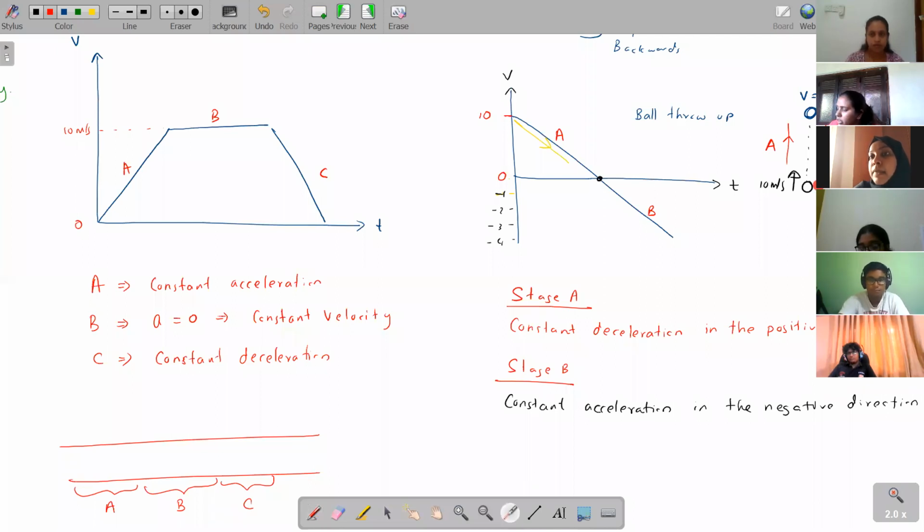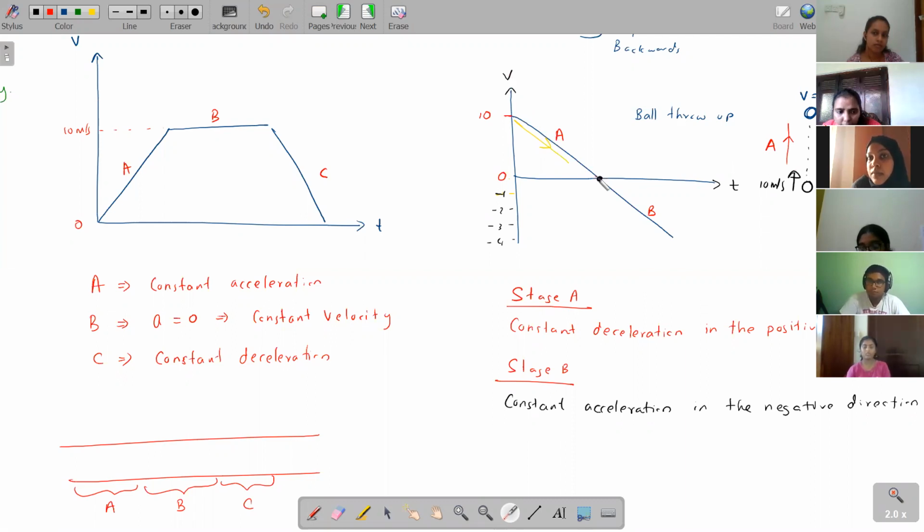But when you're coming down, do you see what's happening to the ball? Is it slowing down? No, from the very top, it starts coming down and it's gaining in speed. The ball is gaining in speed and coming to the ground, back again. So the speed is increasing when it comes back. So this graph is an example of the ball thrown up. You throw the ball up, the first section the ball goes up.